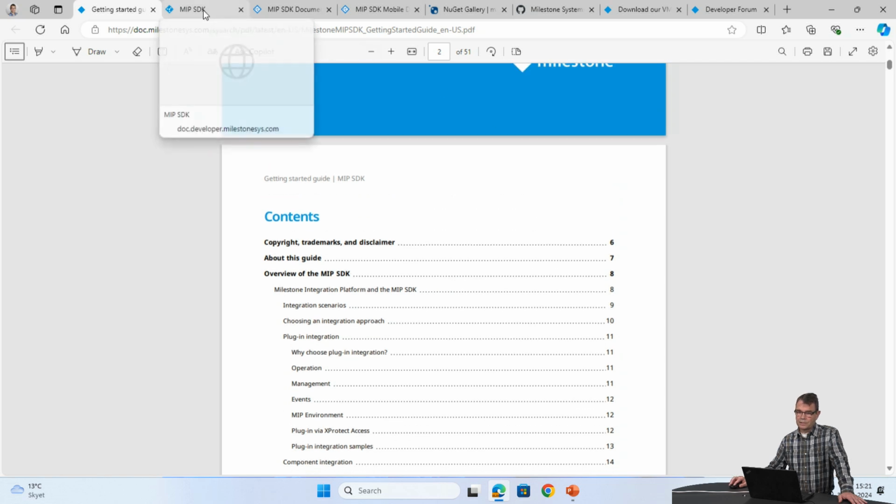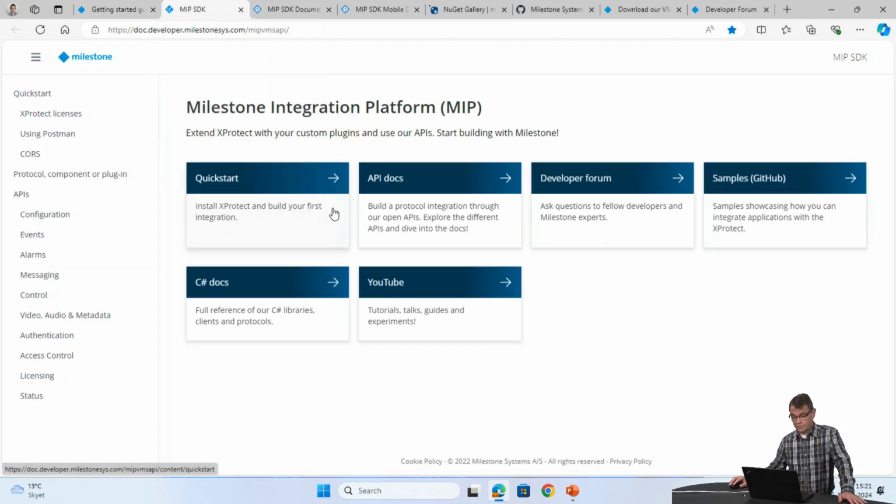The first documentation site that I want to show you is what we call the MIP VMS API documentation, and it starts off also with introductions, quick starts, and some very useful links here.